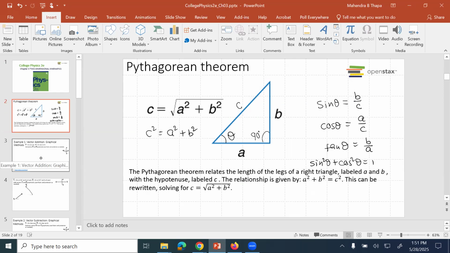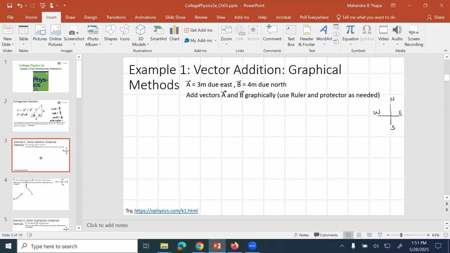Let's go to example 1. The goal is to add vectors A and B by using the head and tail approach. You may need the ruler and the protractor as needed. So my first vector is 3 meter due east. So I'm trying to draw 3 meter due east. Say, for example, it's that. Okay. So this is my vector A,